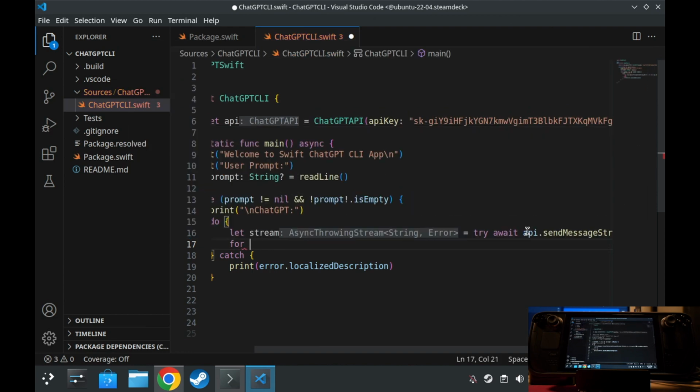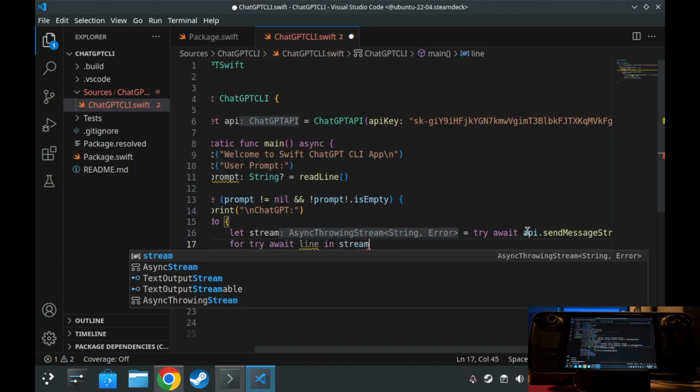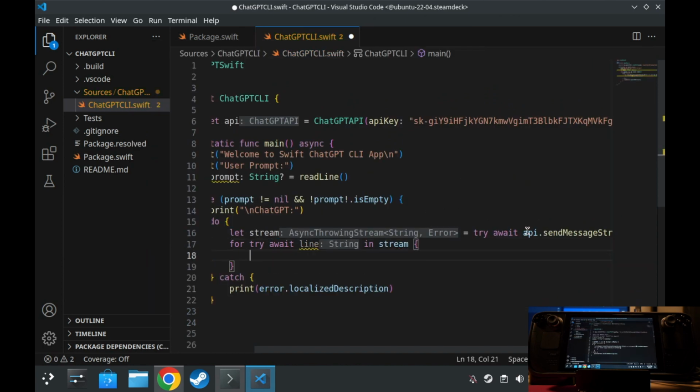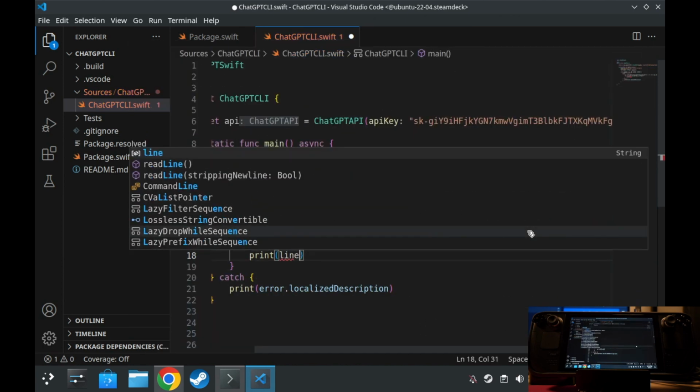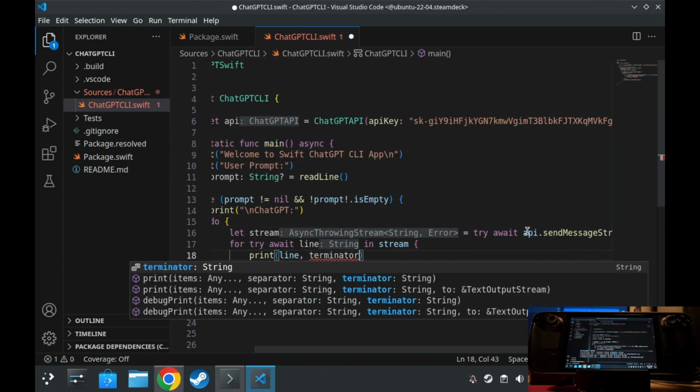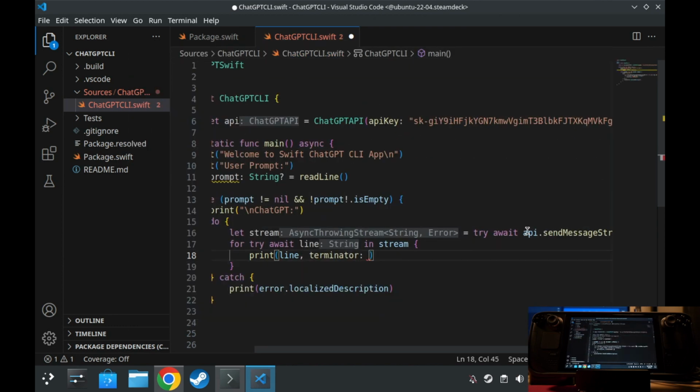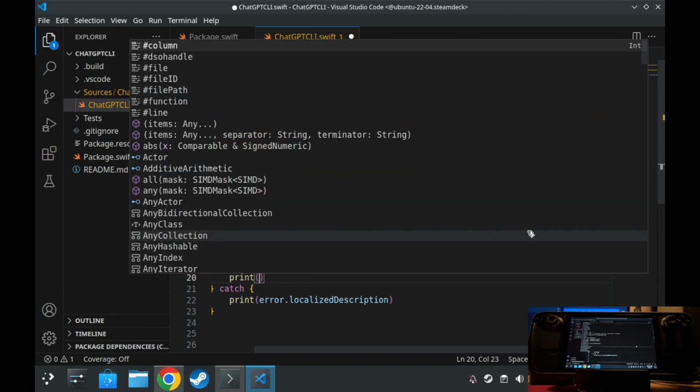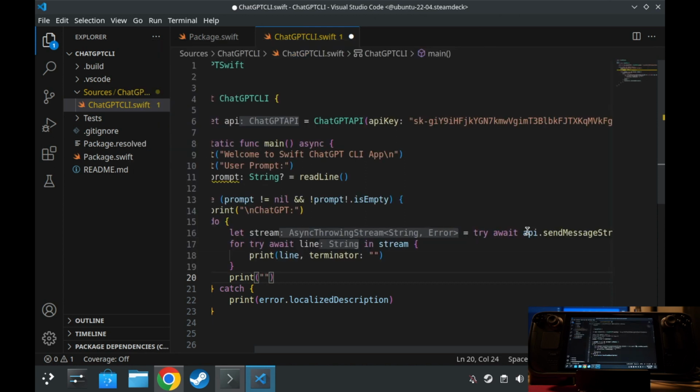Okay, so we got the stream. Now we need to loop this async sequence: for try await line in stream. Okay, let's just print the line, and then let's put a terminator so it will still continue in the same line. Okay, just pass an empty string. Otherwise, this print will basically end with a new line. So with the terminator of empty string, it will continue the next print statement in the same line. Next, after we complete looping the async sequence, let's provide a new line and double new line,